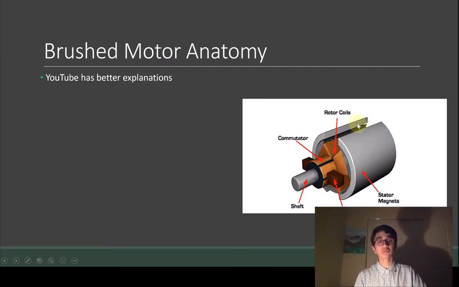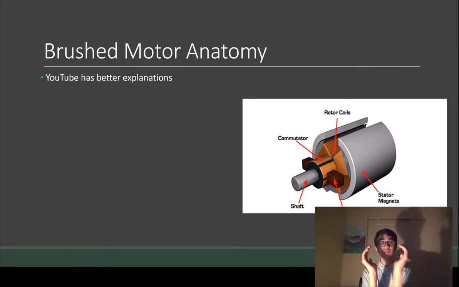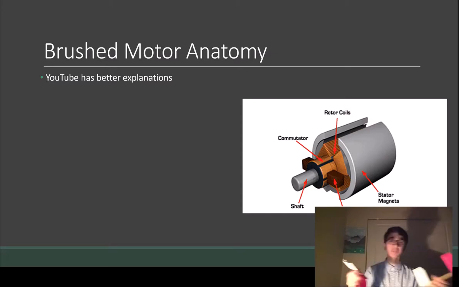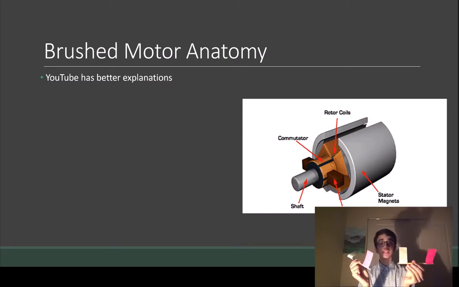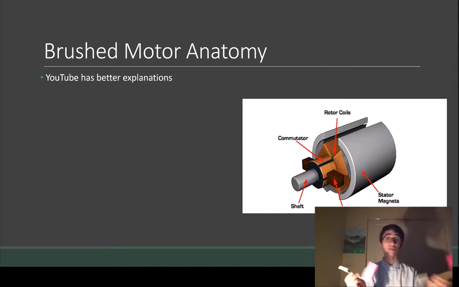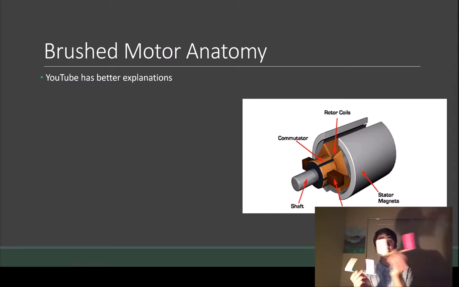So let's first talk about the other elements, right? We have the stator magnet, which is the surrounding shell, which is our permanent magnet. So this is the rotating one. The stator is this permanent stationary magnet called the stator magnets. Okay. The rotor coils are a series of electromagnets